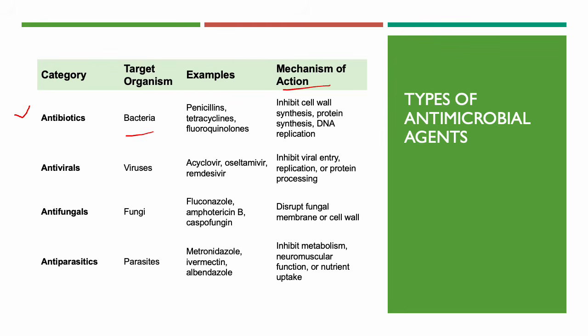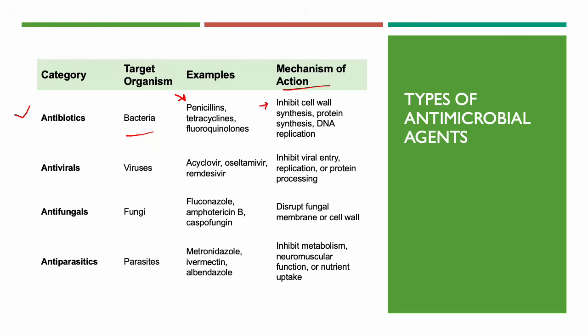So some mechanisms of action are, for example, inhibiting cell wall synthesis. An example is penicillins, also known as beta-lactams. The group of beta-lactams also includes cephalosporins and carbapenems. So these inhibit cell wall synthesis. Then we have